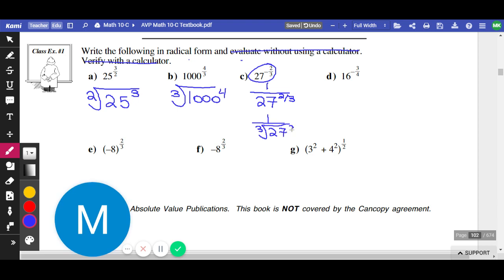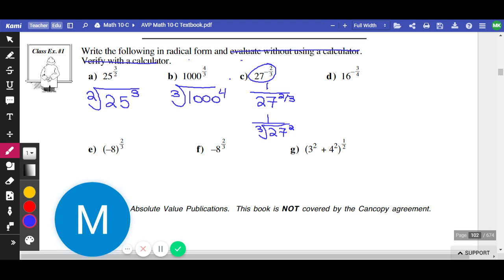Now, I've taught this course like a gajillion times. When we have questions like this, people do the first step, and they do the second step, and they forget to write the 1 divided by. Does that make sense? And they just write the bottom part. You need to still write 1 divided by cube root 27 squared. Right? Make sure you're still writing the 1 divided by. Don't just lose the fraction. You need to be on the bottom of the fraction.